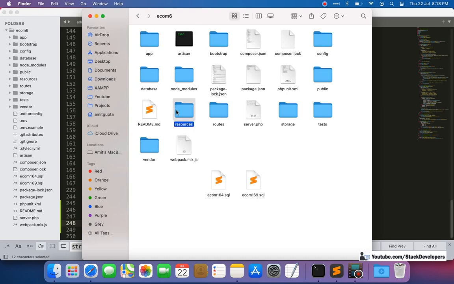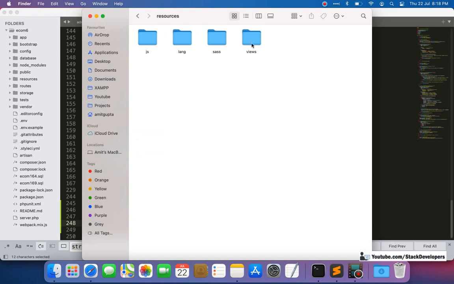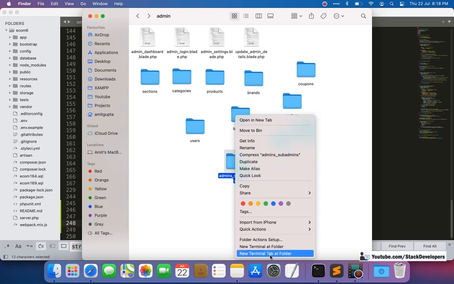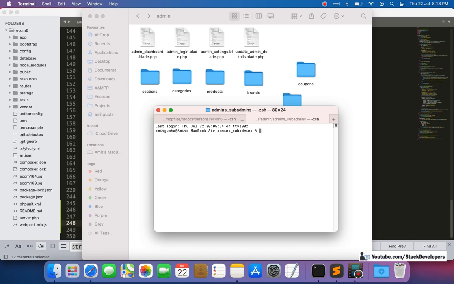Where is the resources? Here, resources, views, then after that under admin subadmins, and here. So in Mac we can create the file like this: touch, then the file name is update underscore roles dot blade dot php.